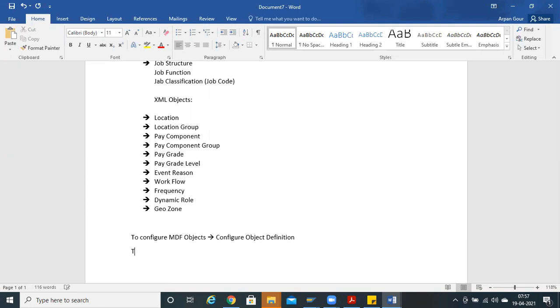Then to maintain those objects, which you configure in configure object definition, legal entity and all, where you will be maintaining in the front end, that is like the end user will be maintaining, right? Maintaining, creating your own legal entity.